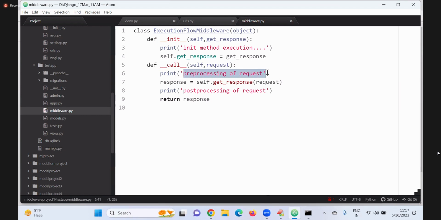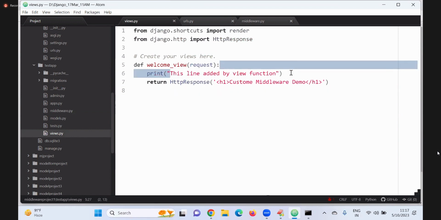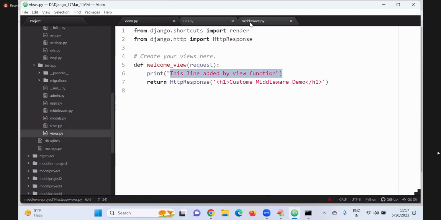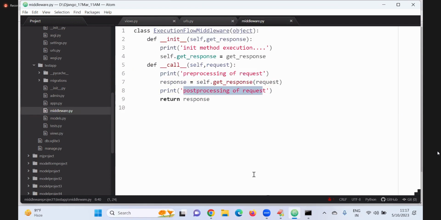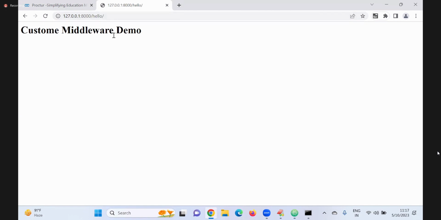So what is happening first? Pre-processing of the request. Then it will send the request to the view. After that, the view gives a response. What is given now? This line added by view function. After that, post-processing. Now you can check it. Once I click enter, custom middleware demo appears.